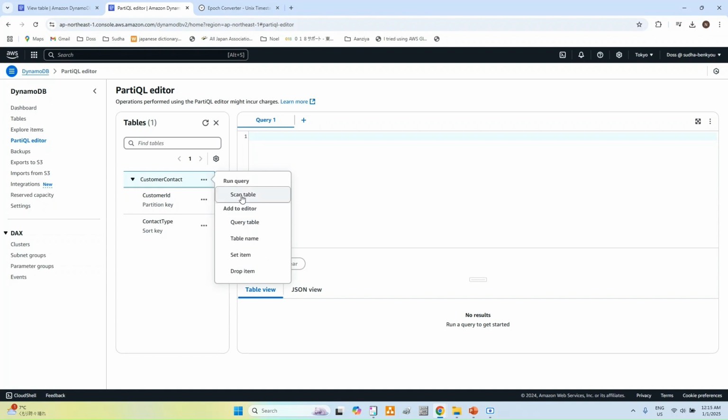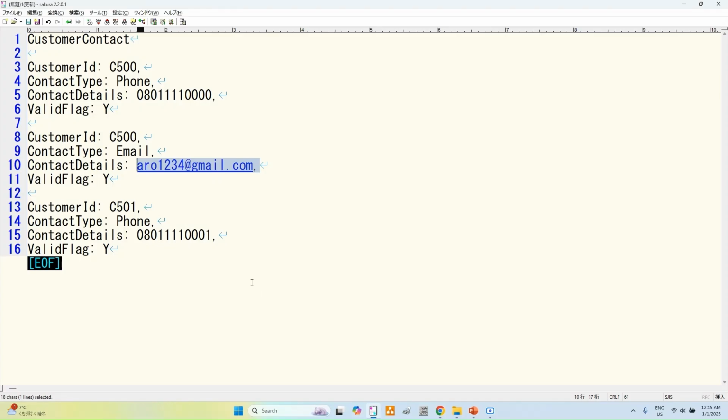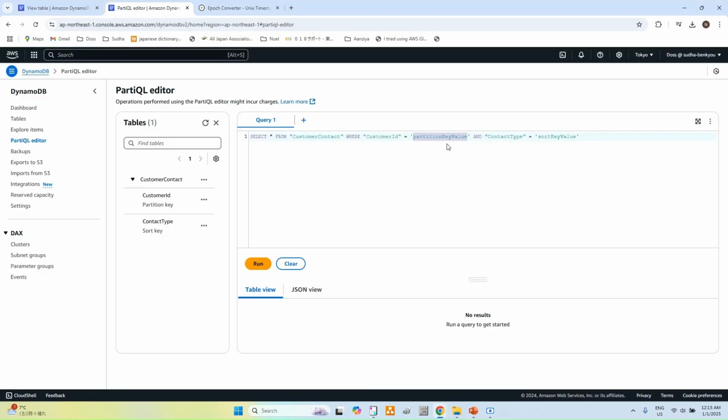Let me click on query table and automatically it will populate the SQL query. Here for the partition key I will put E500, and for the sort key I will put